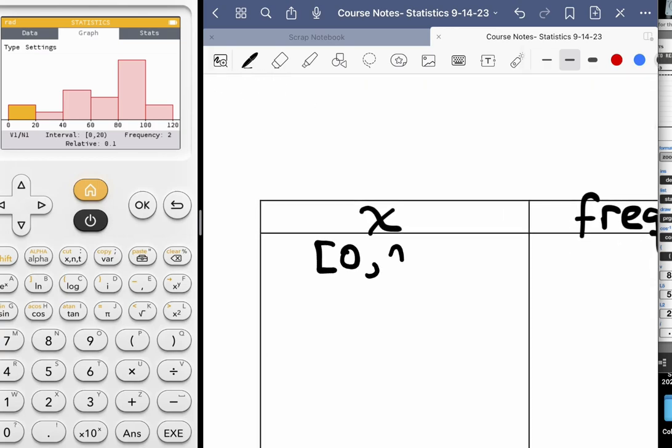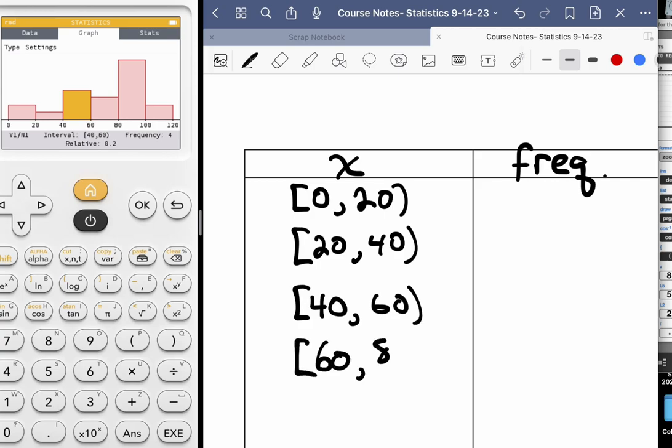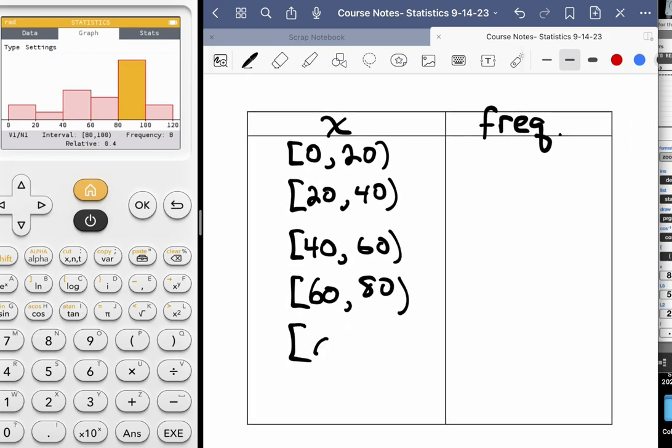So 0 to 20, then 20 to 40, and you can follow along, but the interval should be consistent. So 40 to 60, 60 to 80, 80 to 100, and then the last one, it may not feel right, 100 to 120, but it is technically a